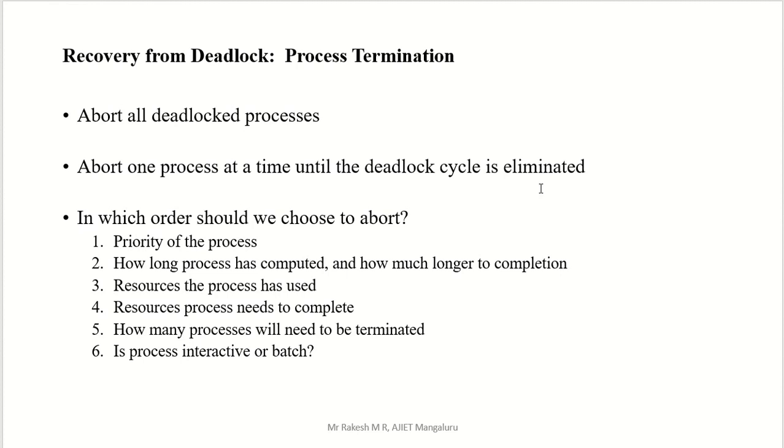then we can consider the third process. We can wake up that third process, or we can take that third process. So we abort one process at a time. After aborting, see whether there is any deadlock or not. If there is still a deadlock, abort another process. Okay, so anyway, you have to recover from the deadlock and try to avoid it.